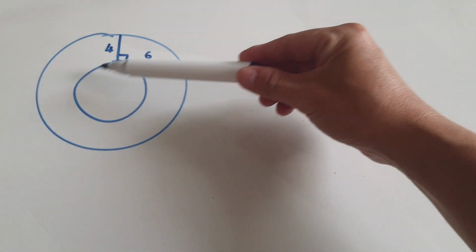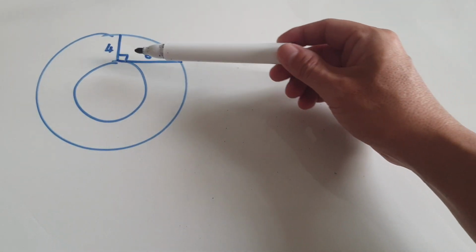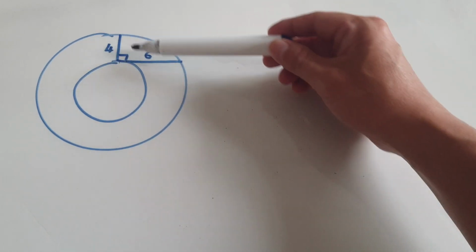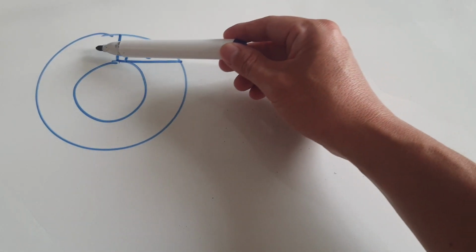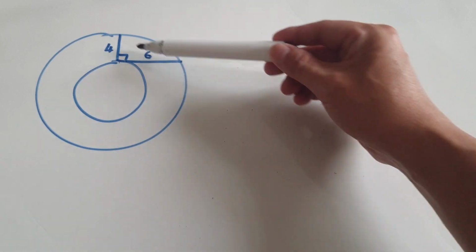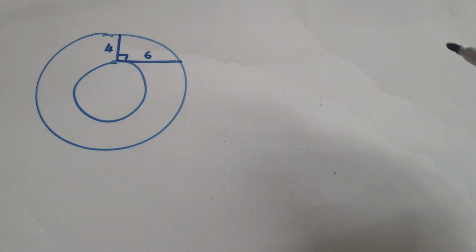Here you've got a circle within a circle, and from here to here is 4, from here to here is 6. Work out the area of this donut. Okay, so to do this,